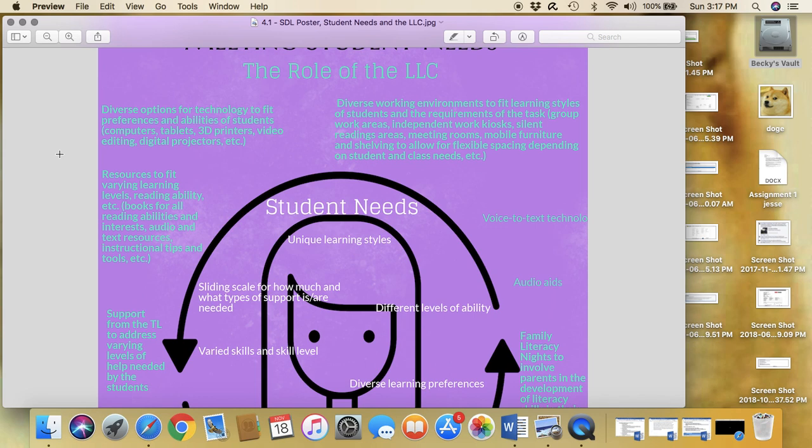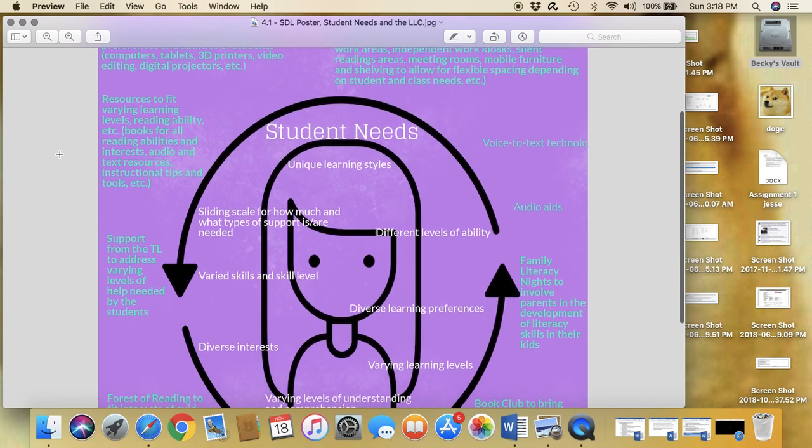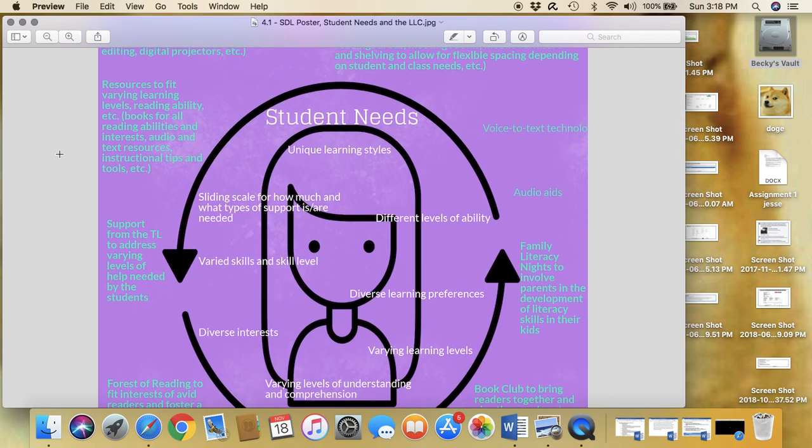So there's group work areas, independent work kiosks, silent reading areas, meeting rooms, and then I've also included in there keeping furniture and shelves as mobile as possible, having them on casters or wheels to help keep them light, so they can be moved around and allow for flexible spacing depending on what the students or the class needs based on the task. Of course, it's very important for the LLC to have resources that fit varying learning levels,